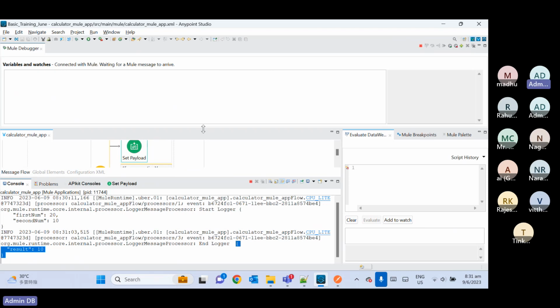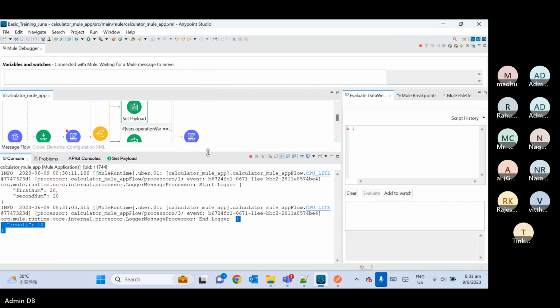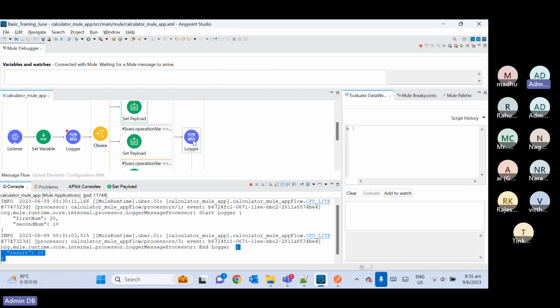But let's say you have a requirement. In the log also, I want to display the same payload that I'm getting in the request. In the logger also, we want to display the same payload we are getting in the request, meaning we want to display this same payload, not the updated payload. Okay. So how can we make it possible? So what we can do,